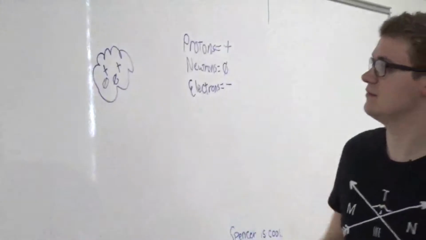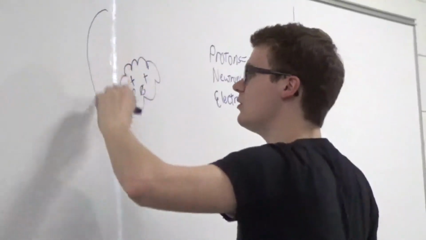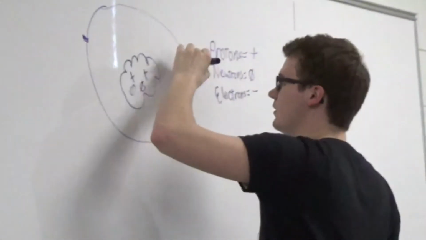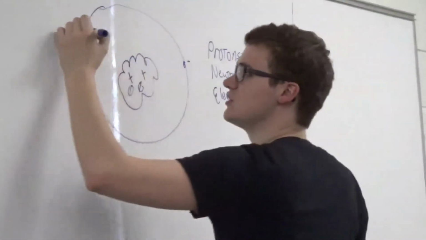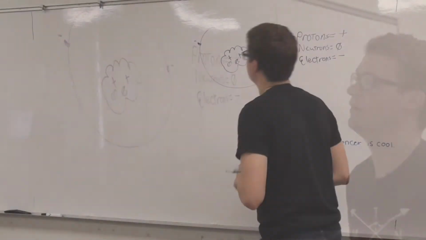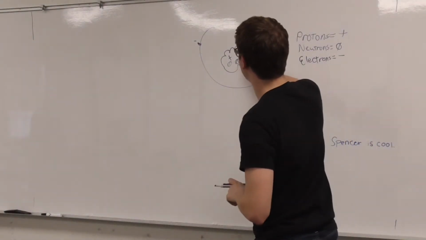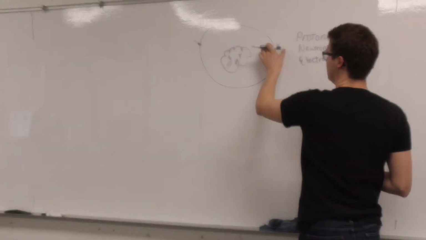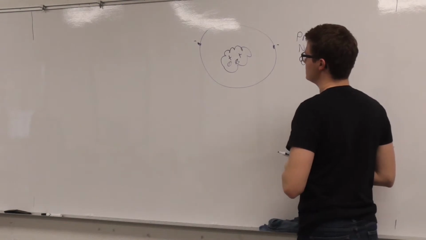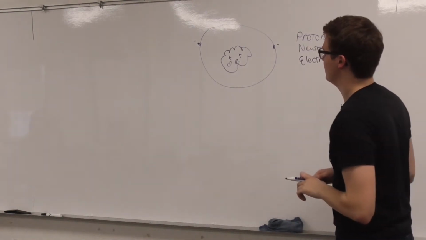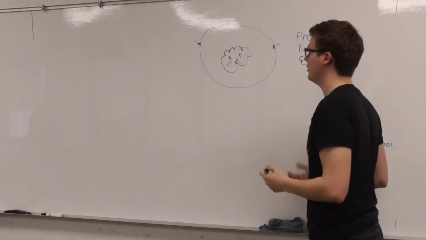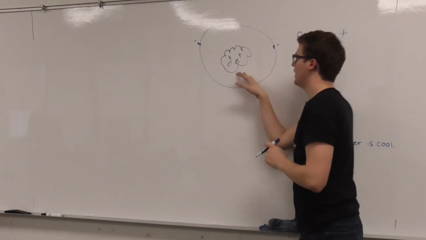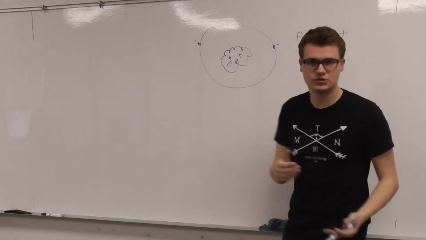These, however, do not jam themselves in here. They swirl around, and they continue to move in something called an orbital. There are many different shapes of these. We're just going to go with the circle for now. Generally speaking, you will find that the number of protons, or positively charged pieces, will be the same as the number of electrons. If we do not have that same number, then you expect a type of charge, and that creates an ion. But a question now is, how do you determine how many protons and electrons and neutrons you have